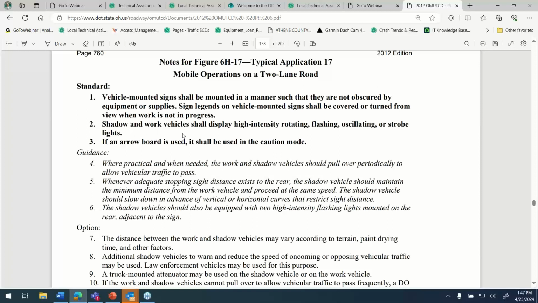So this is a standard. It's a shall condition. When you select a mobile operation, you shall abide by these standards, because remember, it's a state law. So it says the shadow and work vehicles shall display high intensity rotating, flashing, oscillating, or strobe lights. So, you need high intensity strobes. That is your advance warning,